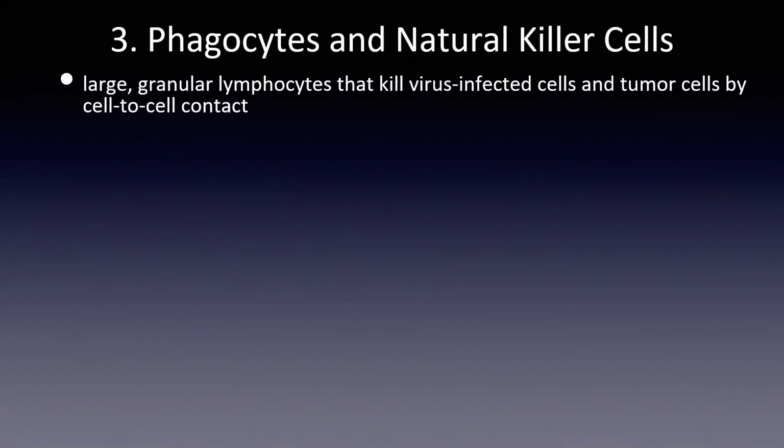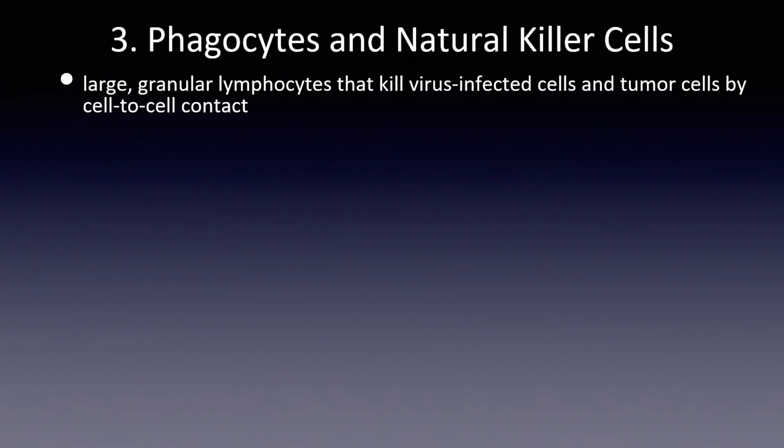I'm going to make a lot of fighting analogies here. Phagocytes and natural killer cells are kind of like your James Bond, who fights off the bad guys, doesn't necessarily target a specific bad guy until the end, but will kill off any bad guys in the process of getting there. Now, if you think of James Bond, you're probably not thinking phagocyte, but you might think of natural killer, because